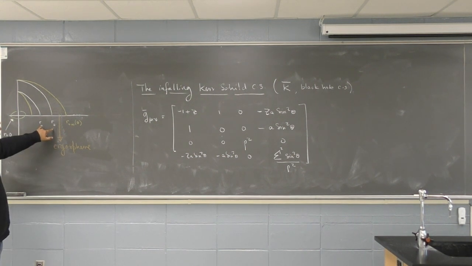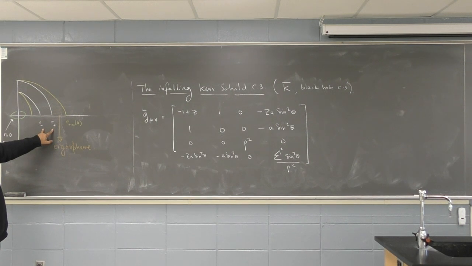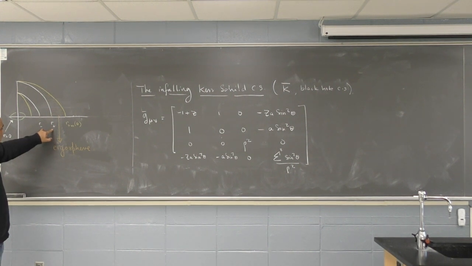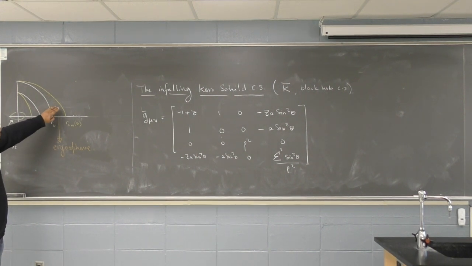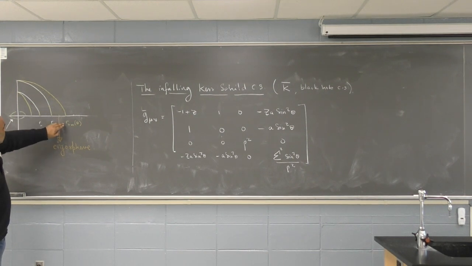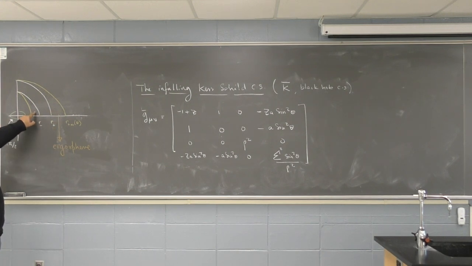And there are two places where delta goes to 0, and that's a problem in Boyer-Lindquist coordinates. We called them horizons. We haven't justified it. We will justify it today. And the region between r plus infinity and r plus is called the outer ergosphere,